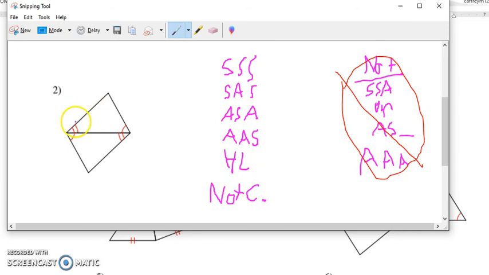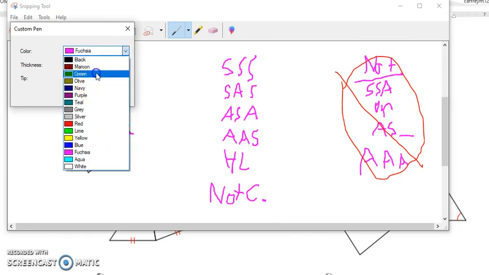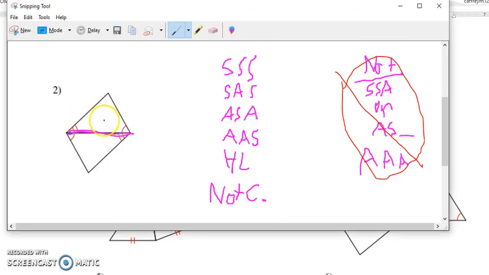So going through this, what do we see here? We see that these two triangles are attached with a side. So I'm going to highlight that in the pink I already have. We need to have a side. Then we've got this angle here with one mark. So that means that this one mark on one triangle has to match the one mark on the other triangle. So one here,